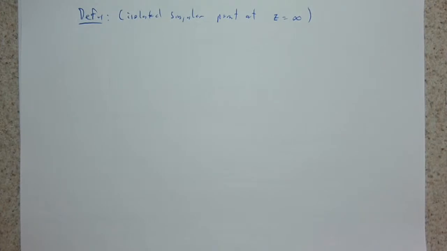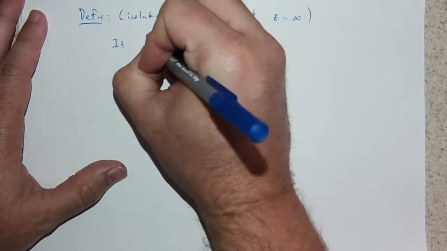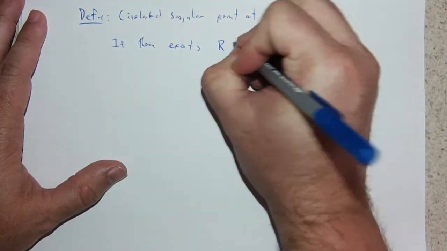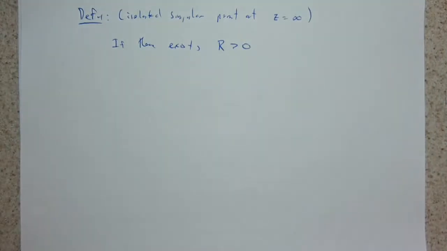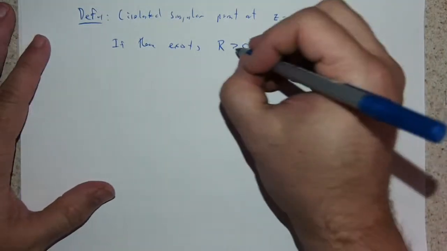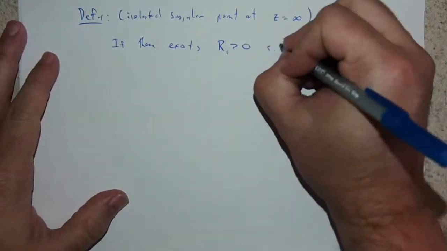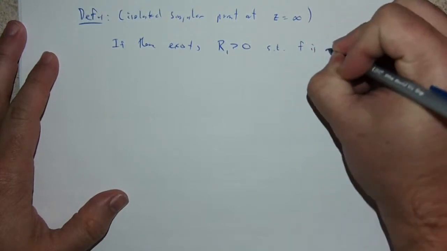If there exists a positive number r, we'll say r sub 1, which is what your textbook uses, such that f is analytic